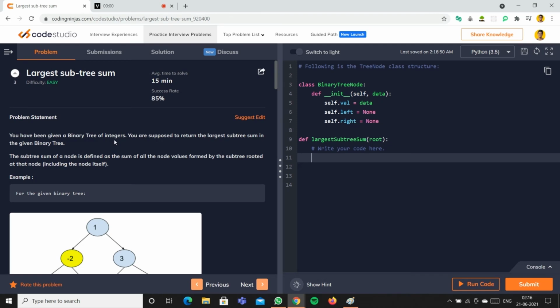Okay guys, so today we're going to solve the problem largest subtree sum. So the problem says you have been given a binary tree of integers and you're supposed to return the largest subtree sum in the given binary tree. The subtree sum of a node is defined as the sum of all the node values formed by the subtree rooted